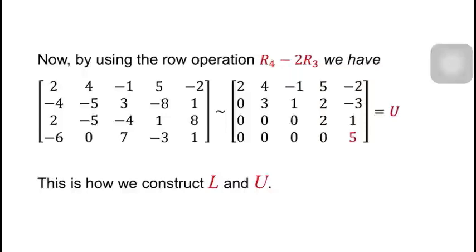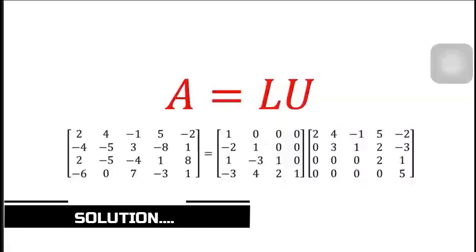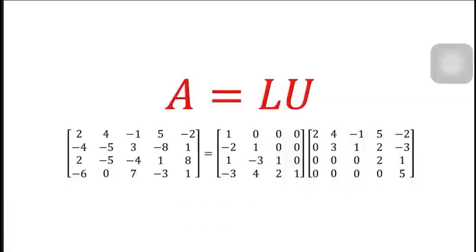Here you can see we have put 0 0 0 in the below entries. That we get automatically after solving the row operation. Here you can see all the below entries are 0 and the above are non-zero. Then you can call it the U part of the LU factorization. And finally we have the solution of our LU factorization algorithm, that is written A is equal to LU.